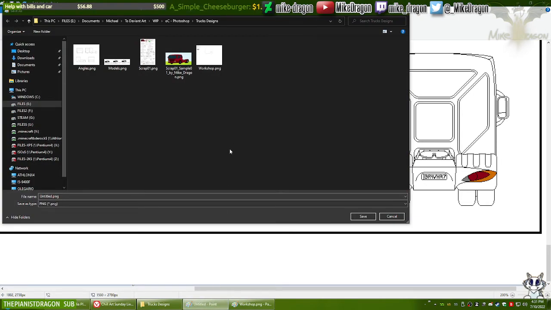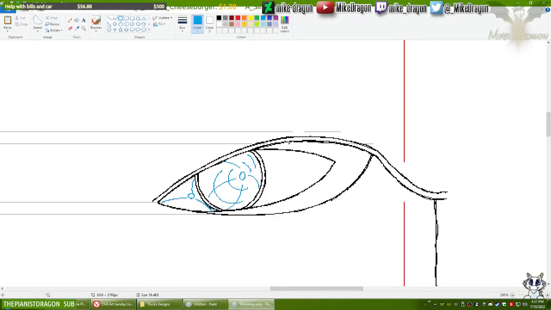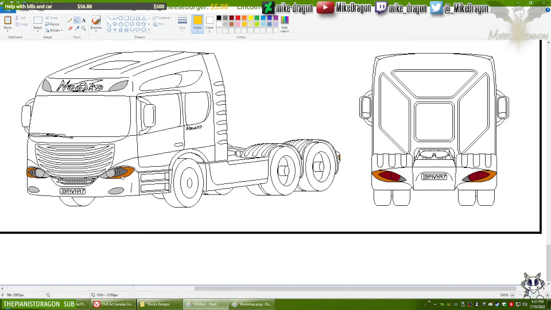Anyway, oh yeah, oh no, hold on, I'm not supposed to save this here. Alright, let me copy this, save first. Right, now those LED strips. Do I want them to be vertical like here?